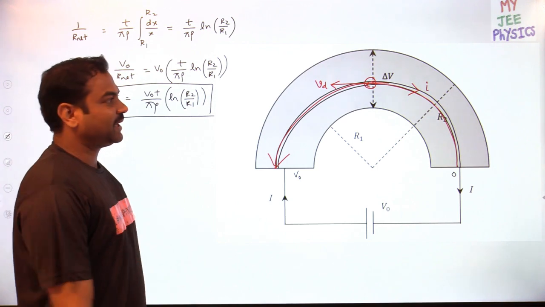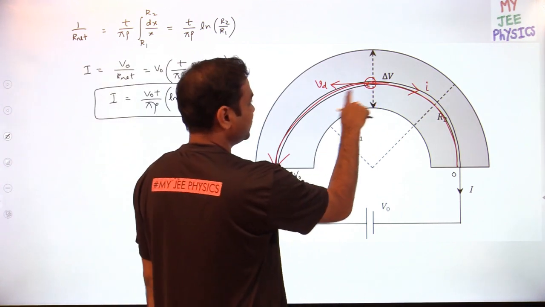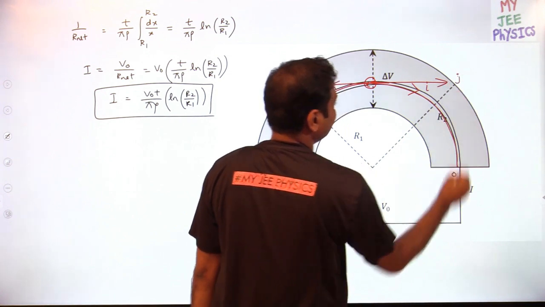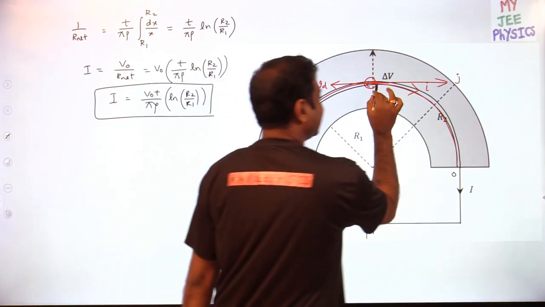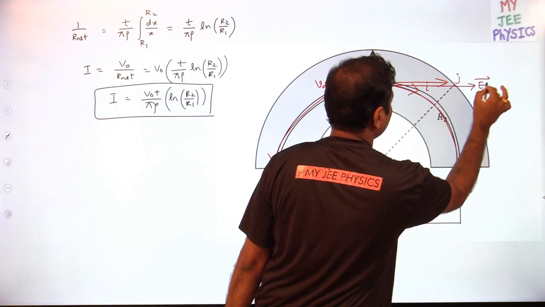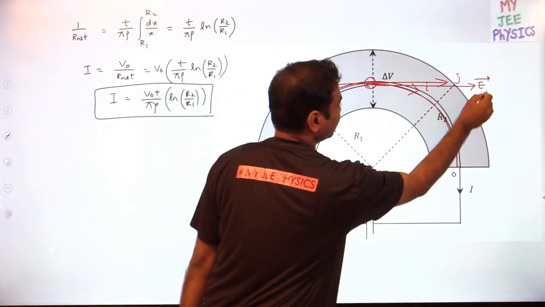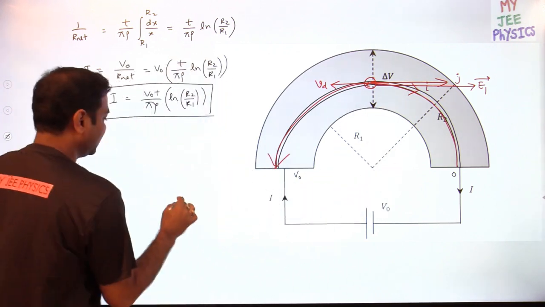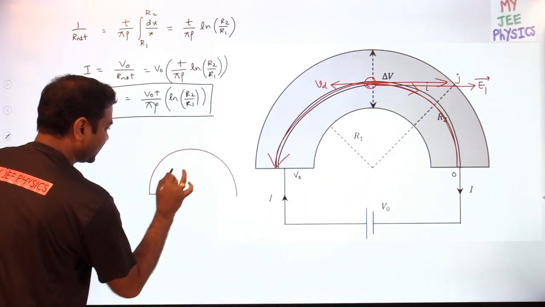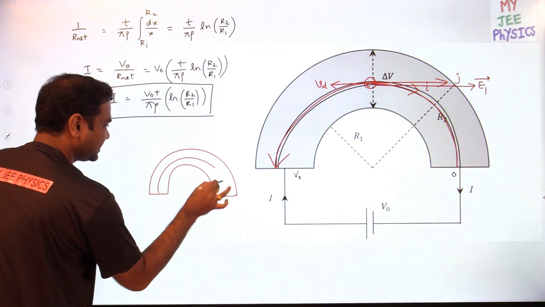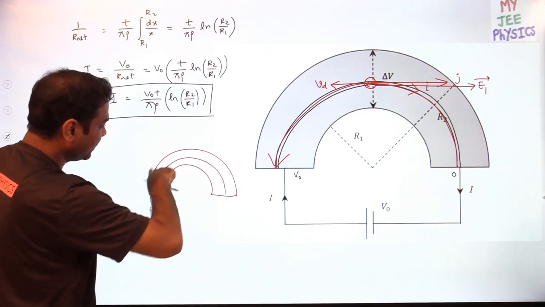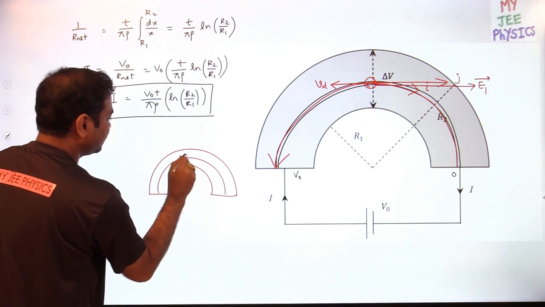Electrons are moving in a circular path, which means, suppose this is the current, then this is the current density J bar. In this direction one field will be there, which I am writing as E1. Along the current density we will have one field. So I am drawing here. This is the material, and this is the line along which, opposite to that, electrons are moving. So at any place, what is the J vector?